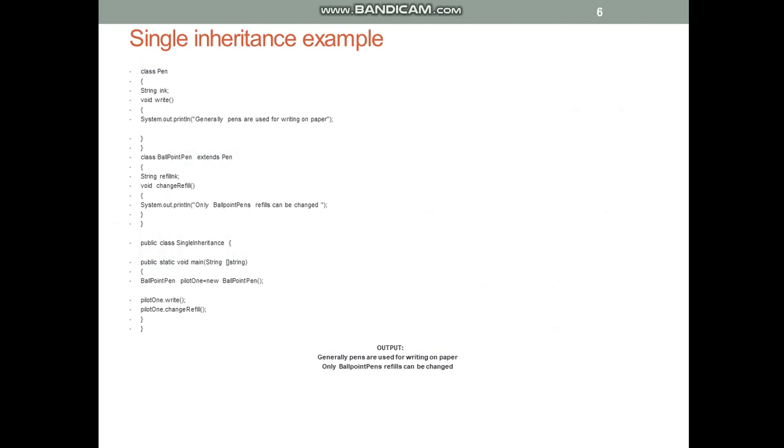Now what I've done is I created one more class called SingleInheritance to demonstrate the single inheritance example. It contains the main method. Here, BallpointPen is the derived class of Pen. I have created a BallpointPen instance, and I have called the write and changeRefill methods. What will happen when you call the write method? It prints, generally pens are used for writing on paper,